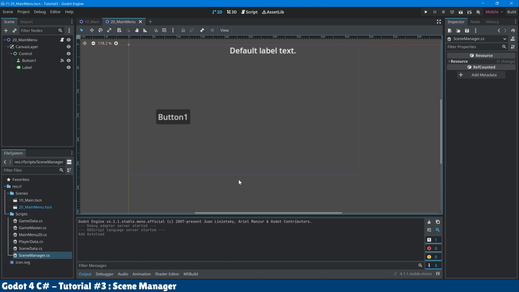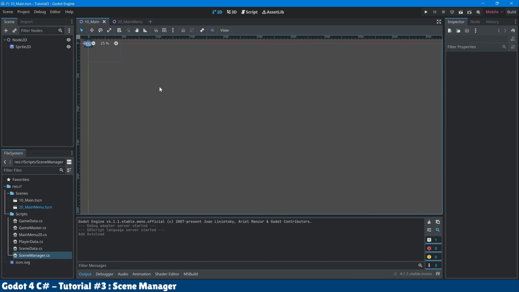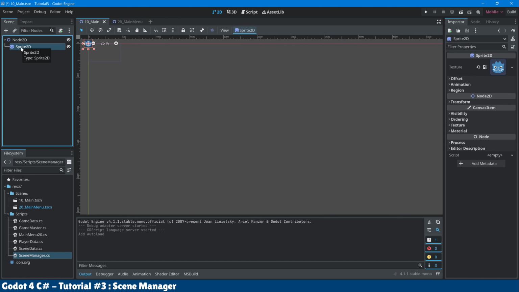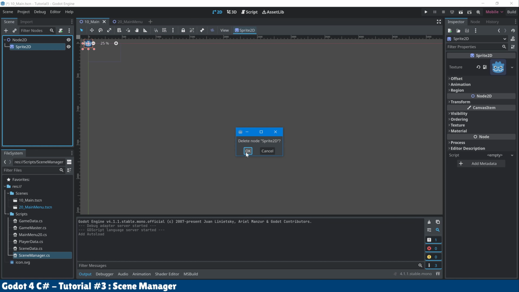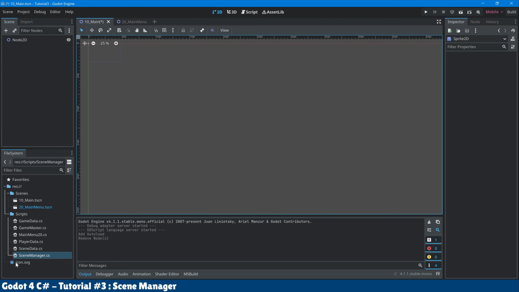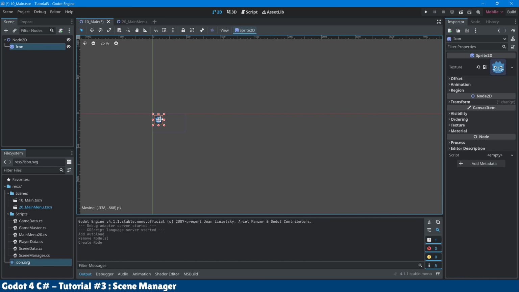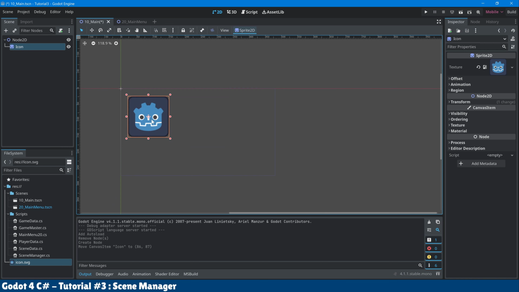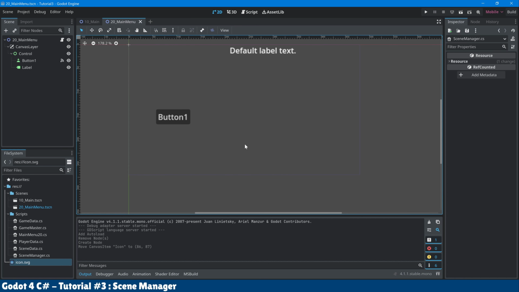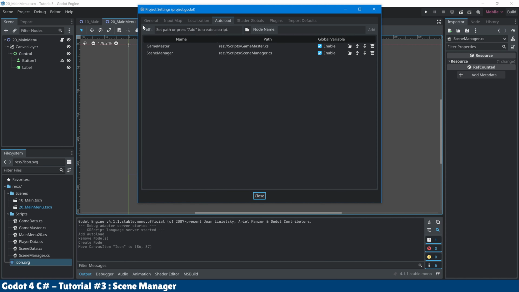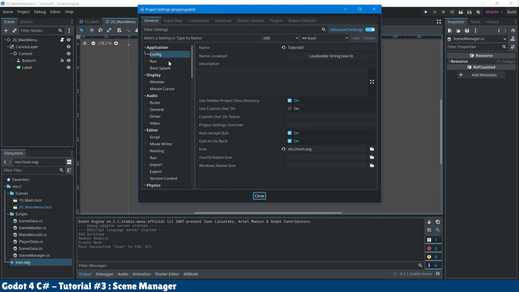And let's go ahead and make it so that we can change back to our main scene here, which has nothing in it. I believe that there wasn't a sprite there. So let's go ahead and create a sprite. So you're just going to grab icon.svg and drag it in there, and drag it in such a way that you can see it in the game window. So I got my icon there, and I know that this scene is 10 main, and this scene is 20 main menu. So we're going to go over to Project, Project Settings, and we're going to go to General, and then we're going to go over to